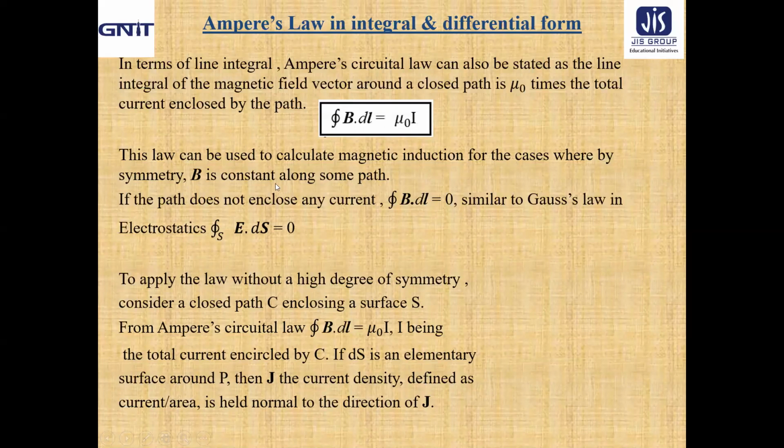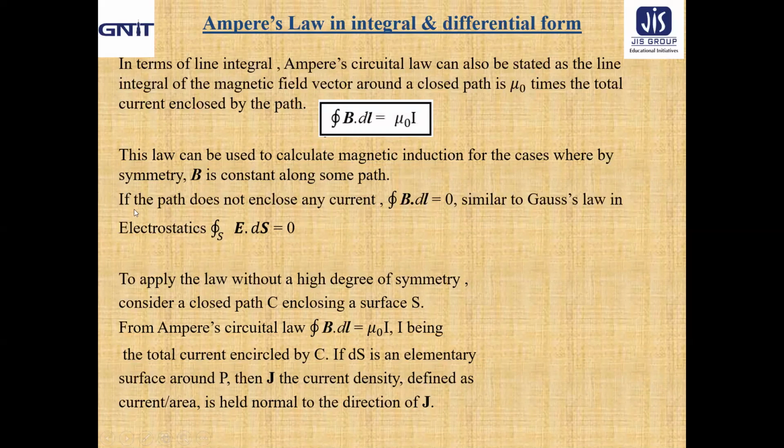Here also, in case of Ampere's law, B is constant along some path because of some symmetry. That means the calculation using B will be simplified compared to Biot-Savart's law. Though we are not using the application of Gauss's law and Ampere's law, in case of electrostatics and magnetostatics, as per our syllabus. In the syllabus, the application part is not there because you students have done the applications in your 12th standard.